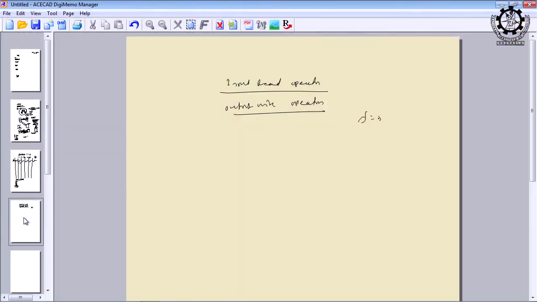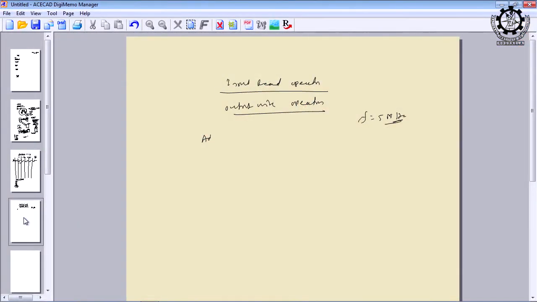Since you are reading about the microprocessor 8085, one thing I have already clearly mentioned is that the frequency is 5 megahertz, but we have not yet discussed the size of the address bus. Size means the number of wires that constitute the address bus. Does anybody know the address bus size of 8085? The address bus of 8085 is 16 bit, but the designation is 8 bit. I will tell why it is 8 bit and why it is 16 bit.